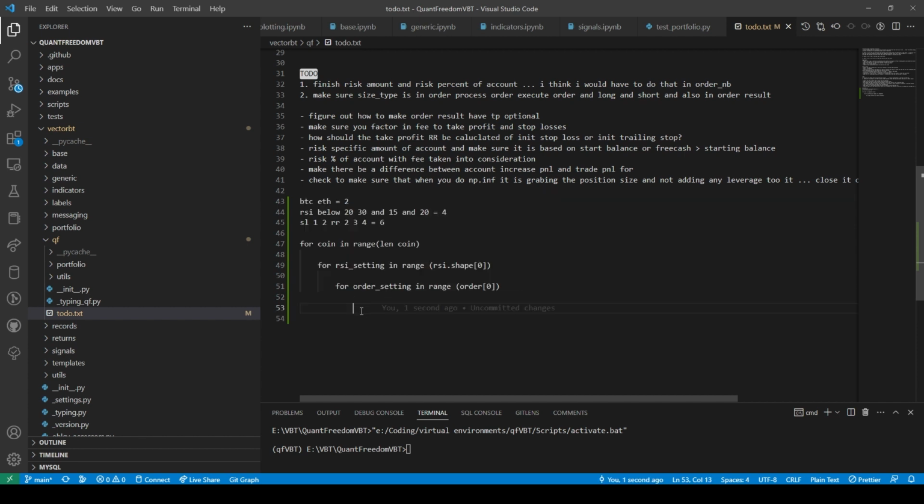Right? And so that means that we would need to do process order, and then we would say if RSI entry 0, right?